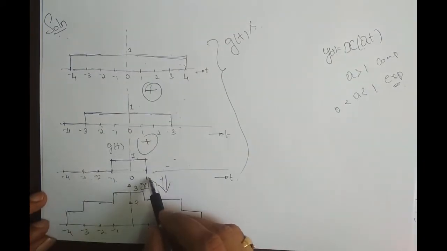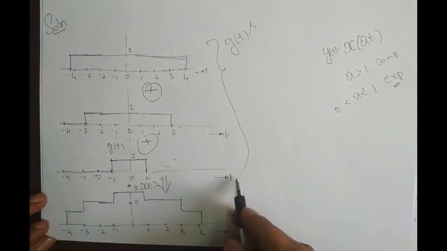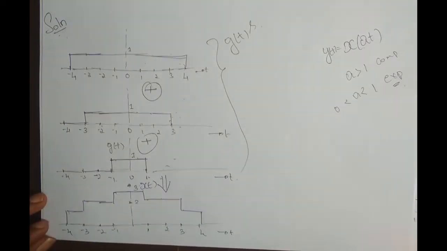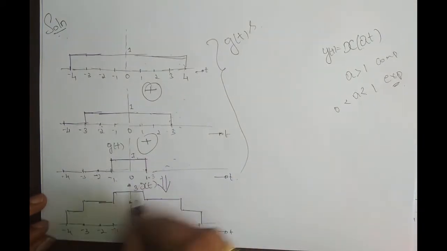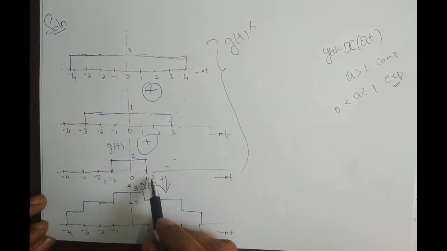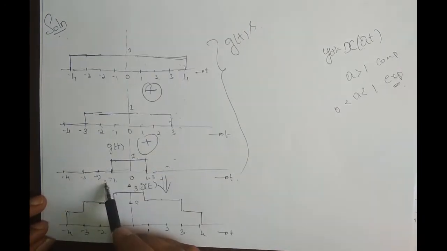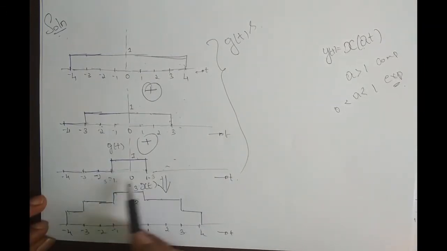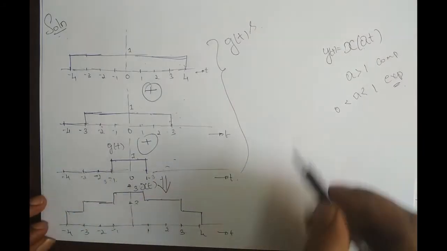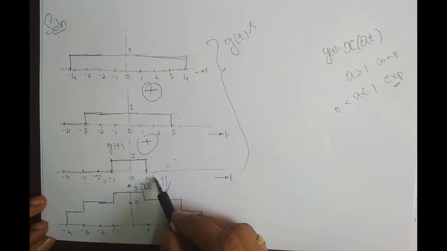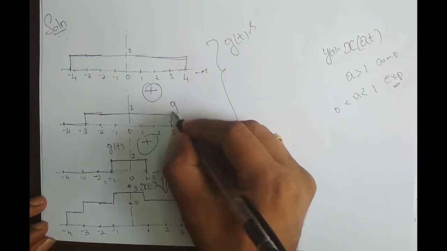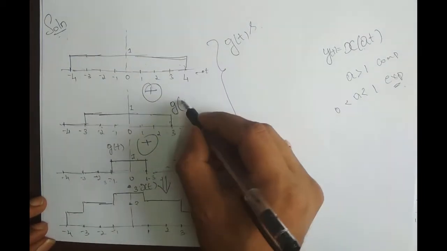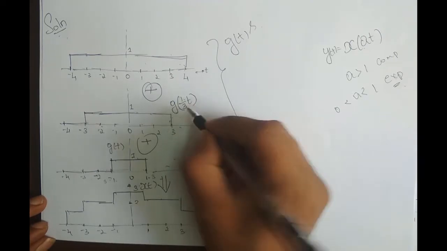So what is it that I have to multiply here, for all values of t, so that the amplitude of this signal goes to 3, right? If I multiply 3 here, 1 into 3 goes to 3, 3 into -1 goes to -3, right? But since I have multiplied 3 here, what is this as a? It is inverse. So the inverse of this should be my a. Therefore this is nothing but g of 1 by 3 into t.